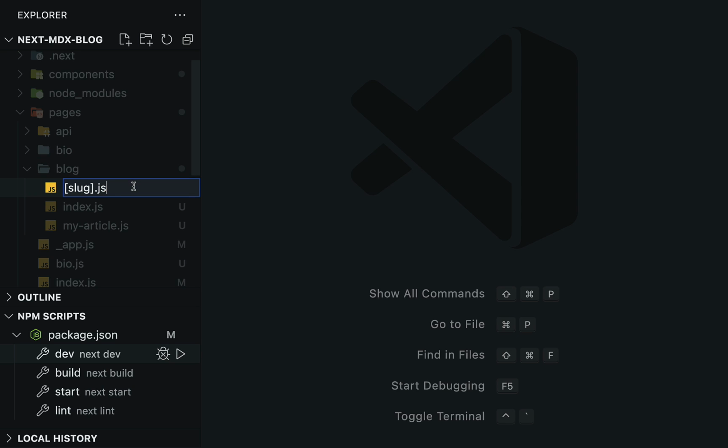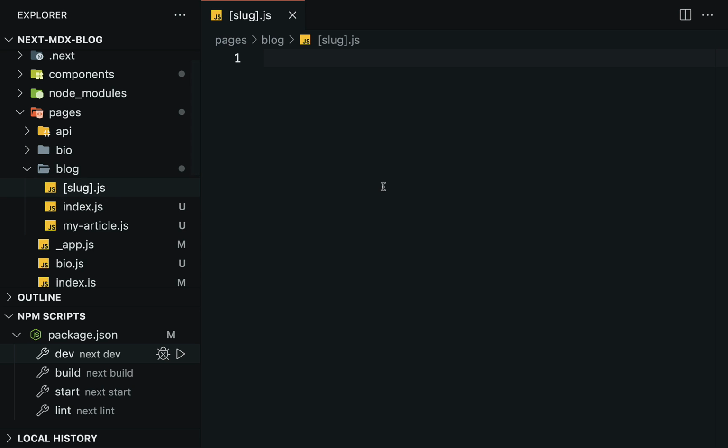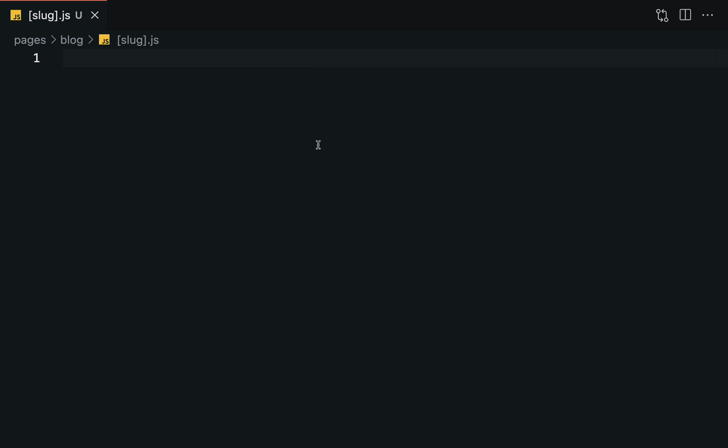So we need just this one file, and this one file is going to help us generate paths for as many files as we want, depending on their slug. We can use id, we can use slug, or anything we want inside of this place. Paths have to be unique, so any other unique identifier. So this is [slug].js right here, and this file is going to represent our individual